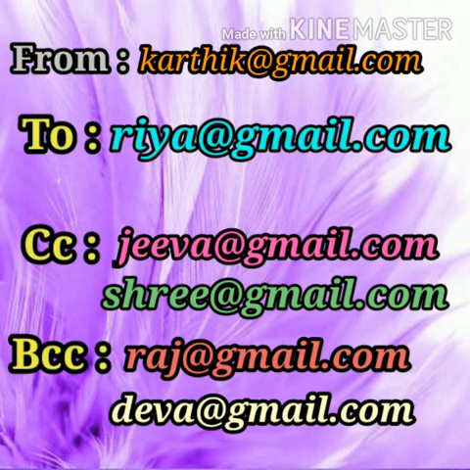The persons who are in BCC can see the mail IDs which are in CC and To also. But they can't see the mail IDs which are in blind carbon copy. Let me tell you clearly now. Raj and Deva's mail IDs are in the BCC column. So now Raj can see Ria, Jiva and Sri, but he can't see Deva. Same with Deva. Deva can see Ria, Jiva and Sri, but he can't see Raj. This is the usage of carbon copy and blind carbon copy.